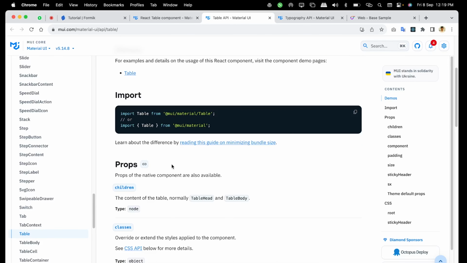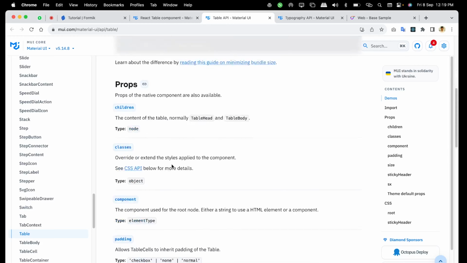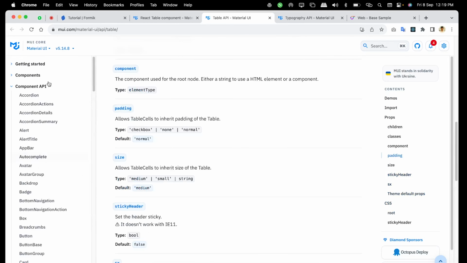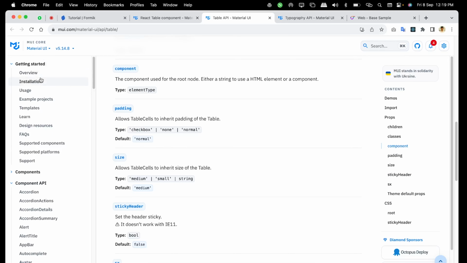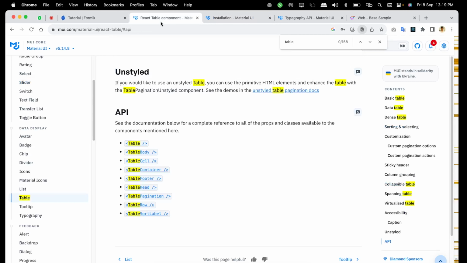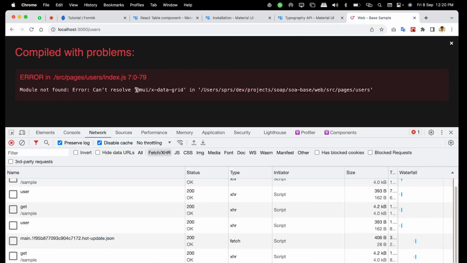Okay, I think that is a separate package. Maybe we can go to getting started and check if there is anything related to the table. Nowhere related to the table. Maybe we can search for the error we got. We got an error like this,